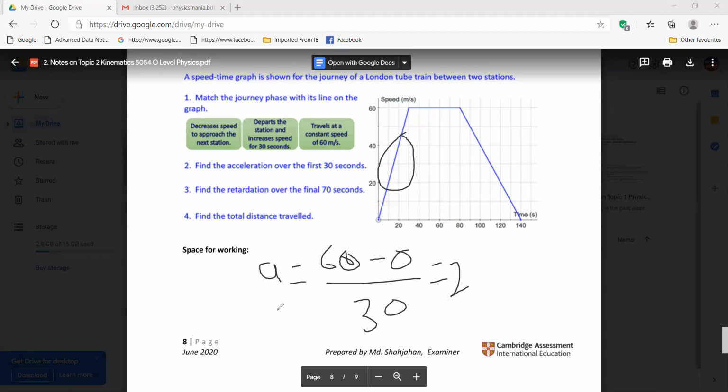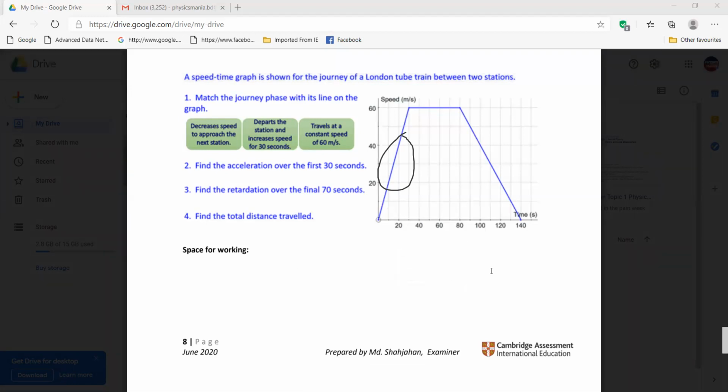Yeah, this one is the acceleration in the first 30 seconds. Okay, so this one is giving you acceleration 2, right? First 30 seconds, right? 60 minus 0 divided by 30, 2 meter per second square. Then next,